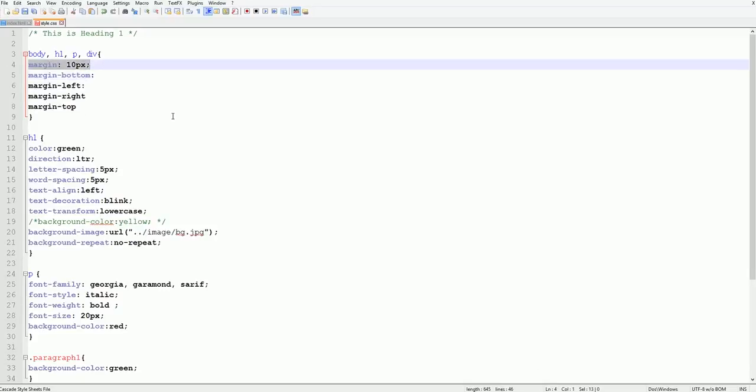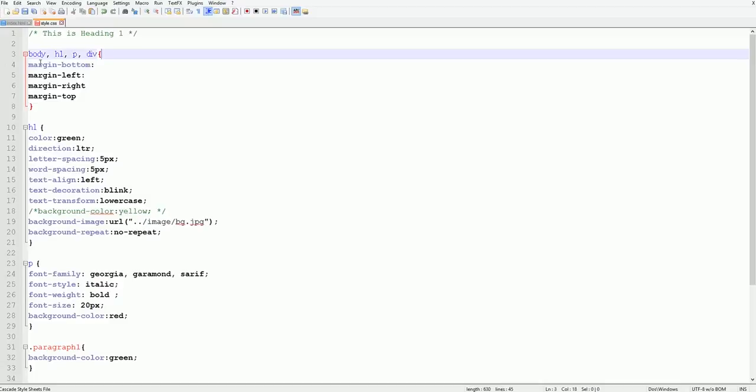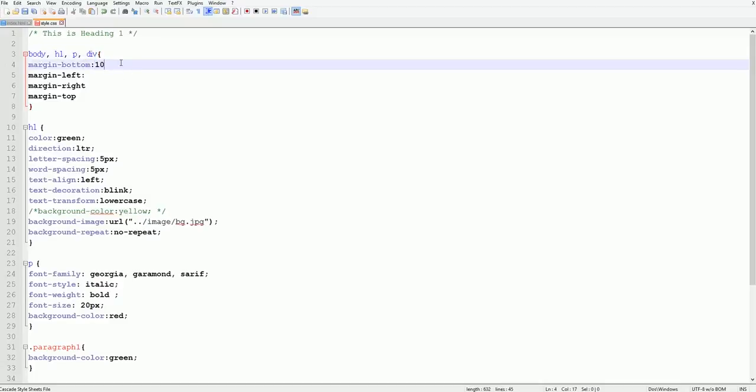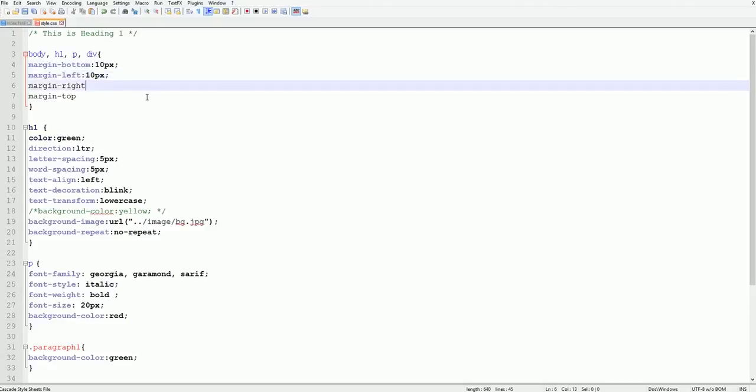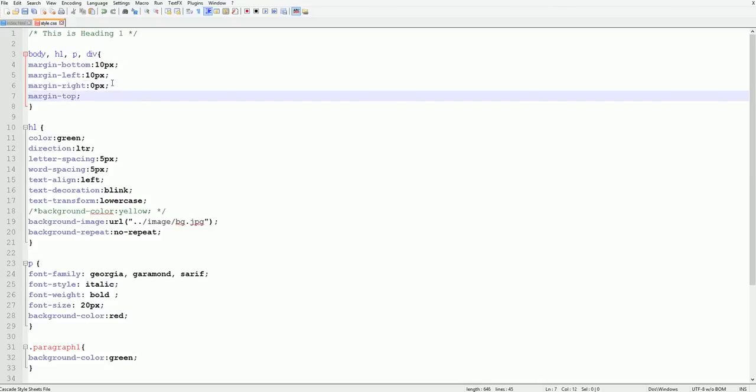I just remove this margin from here, and we just give a margin bottom 10 pixel and margin left 10 pixel and margin right 0 pixel, because we don't need any margin right and margin top, so we just give this 0 pixel, and margin top as well 0 pixel,